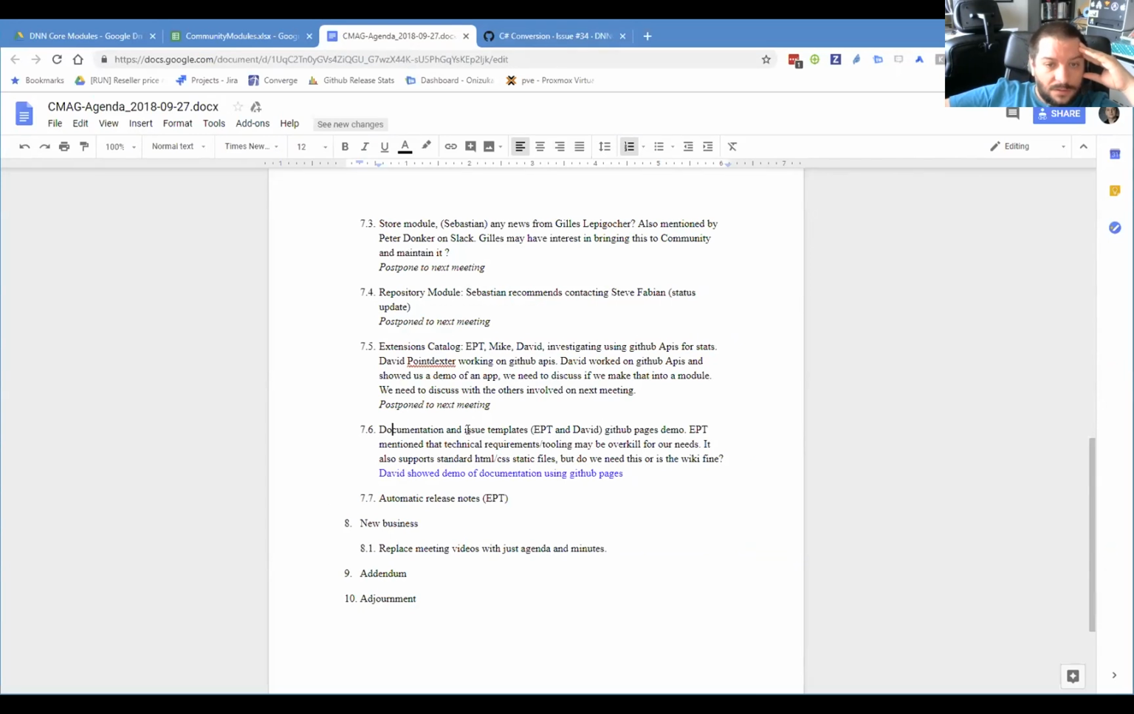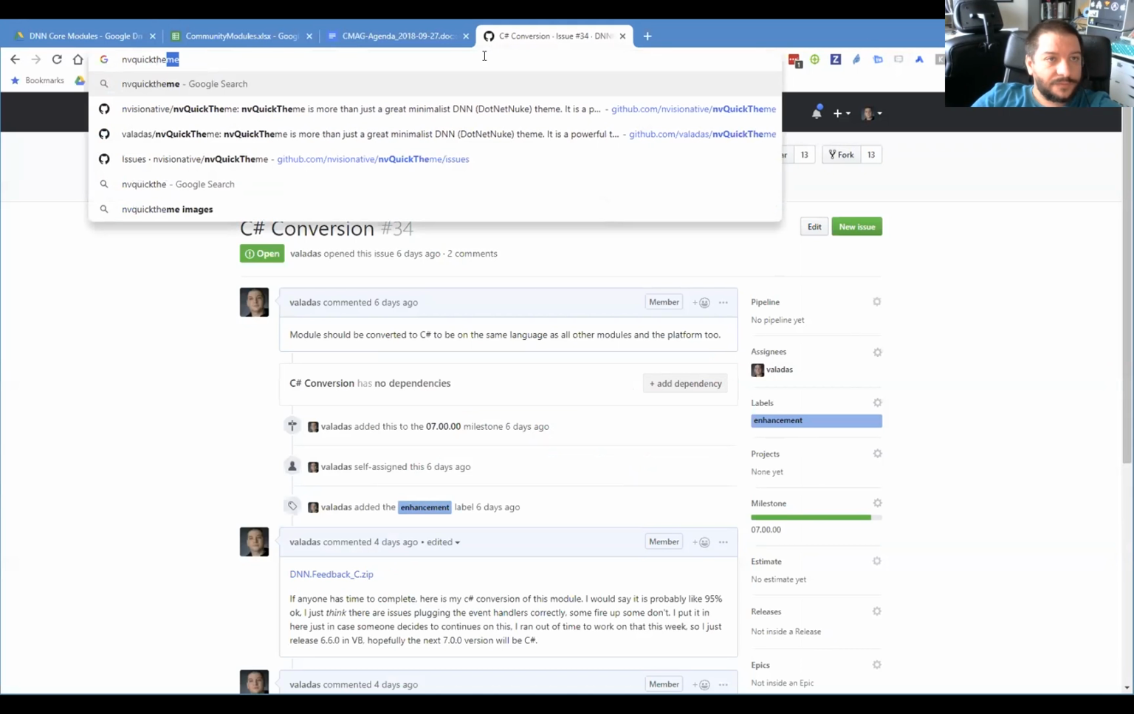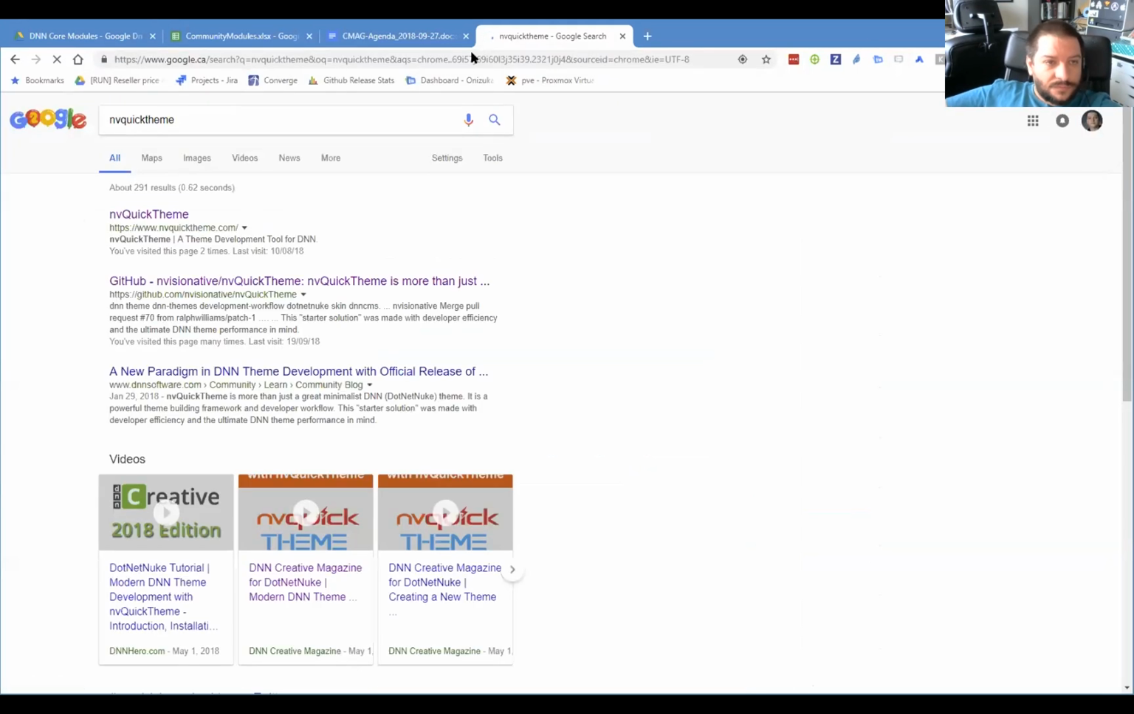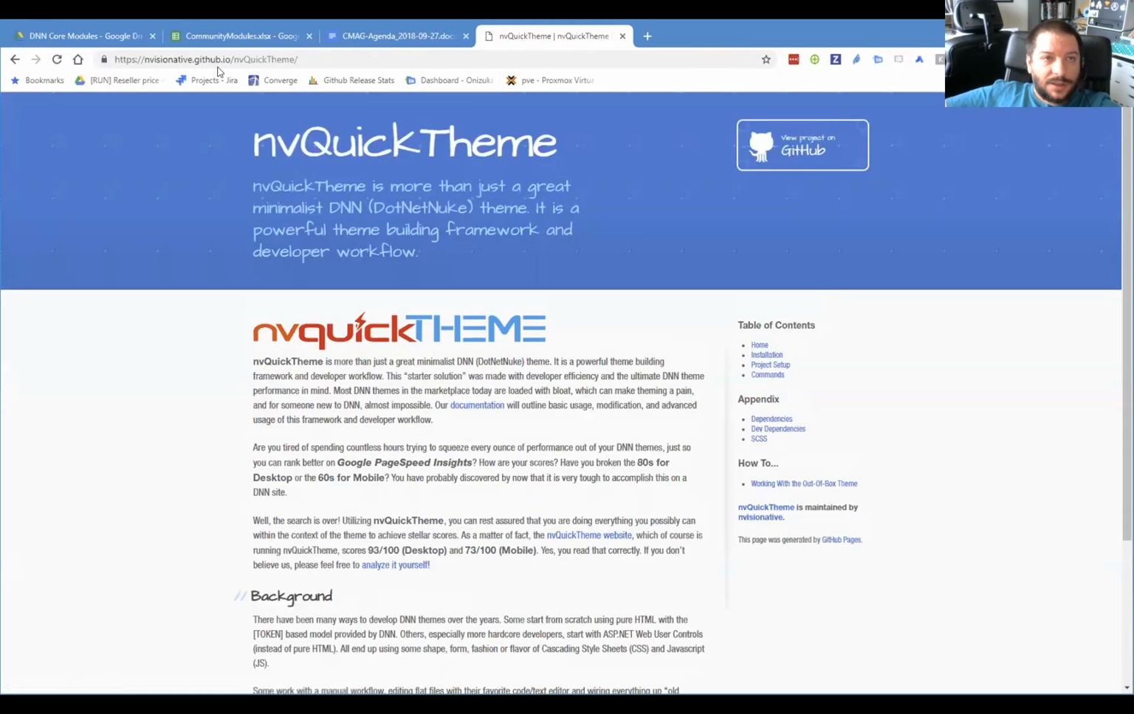There's an example of that on the document. I don't have an example on the core modules, but there was an example on NV Quick Team. So basically, the documentation would be a GitHub page. So it's basically the repository name.github.io slash,